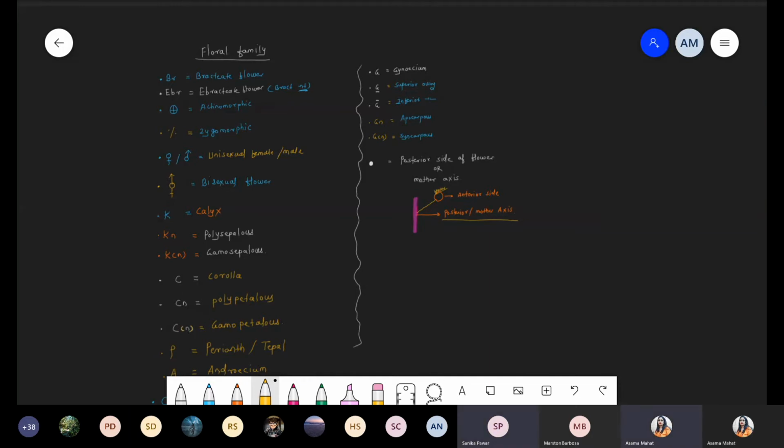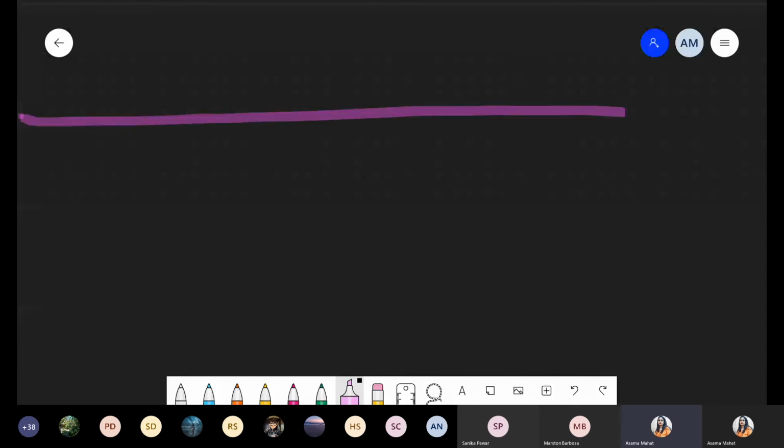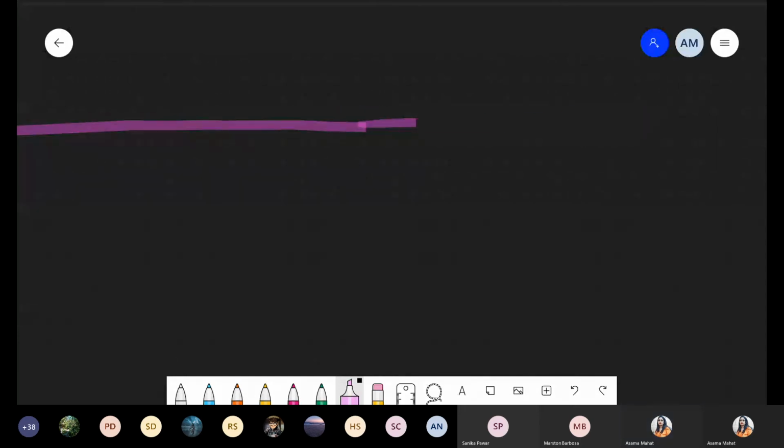Yes, ma'am. Okay, chalo. So now divide your page into 3 sections. Now we are taking family information from habitat up to diagrammatic representation. So we require quite a large space actually. So manage your page accordingly, and please start from a new page because there are many points. 10 to 12 points are there with examples. Okay, chalo. So we are talking about family, floral family. So divide your page into 3 parts.